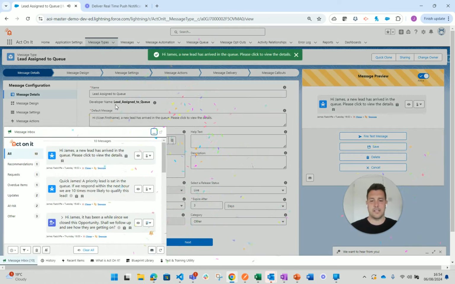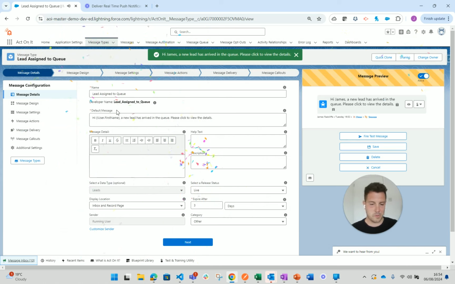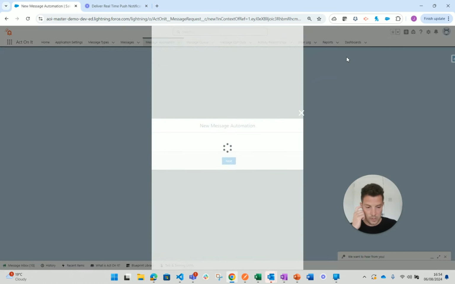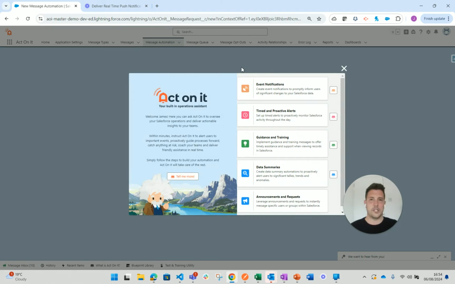So how can you deliver this to your users? Popped it twice there. Well, you can do it in two ways. You can fire it using Salesforce Flow. So here we can see I've got a developer name, and with that developer name, that's all I need to do in order to fire this push notification and to plug and deliver this from using familiar tools such as Flow. But Acton also has its own automation builder as well,